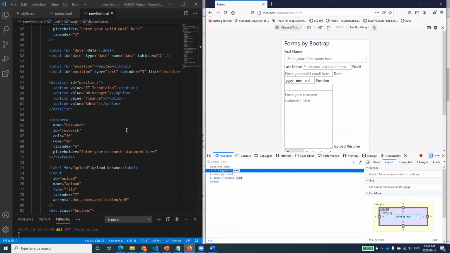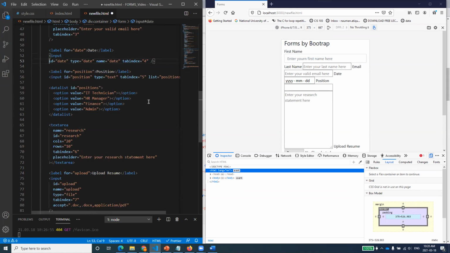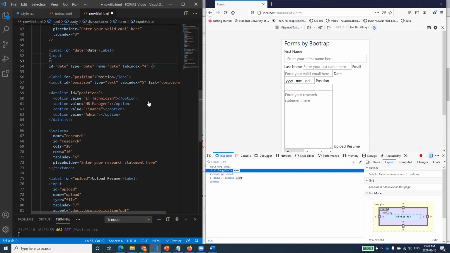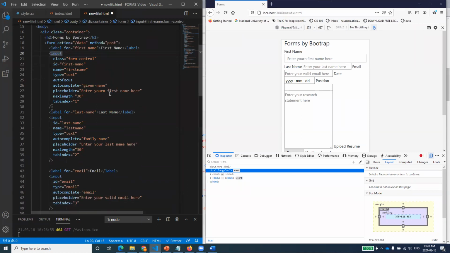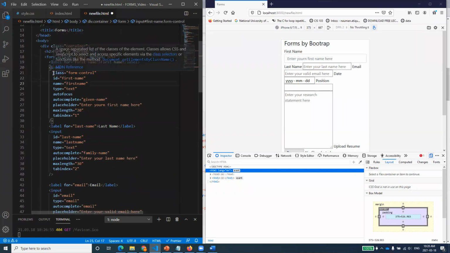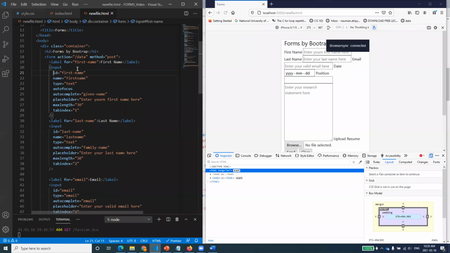And I want you to just experience something. And of course, as you are typing along with me as well, you might have that problem. So if I go to this input ID and press enter, and maybe I want to add this. Sorry, I'm just doing it for the date first, but you can do it for any sequence. Okay, so I've already implemented it. If you see, class is equal to form-control. What it is doing is, let me just take that and save the document.